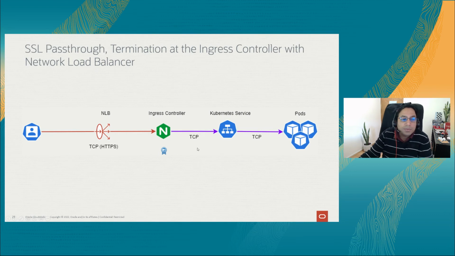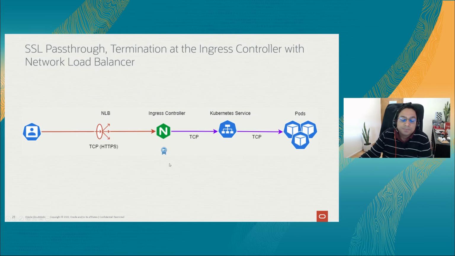A last variation to this is to use SSL pass-through. In this case, instead of the HTTP load balancer, we're going to be using the network load balancer. We still receive HTTPS, but what we really see is TCP traffic. So we just send it on, and the incoming traffic lands at the ingress controller where it gets decrypted, and the ingress controller sends TCP traffic to the